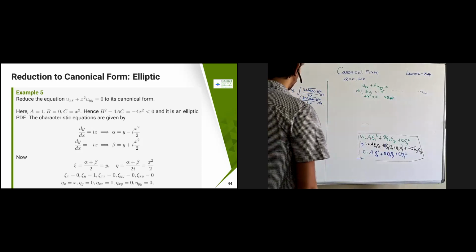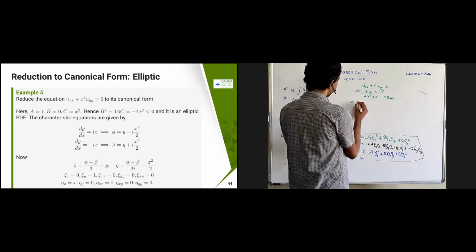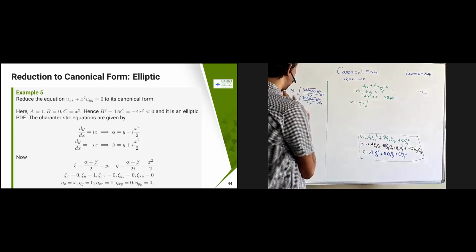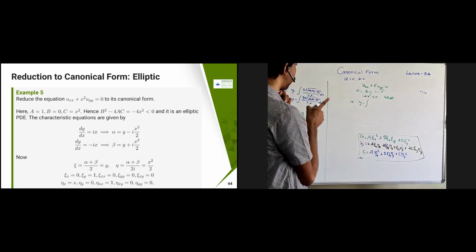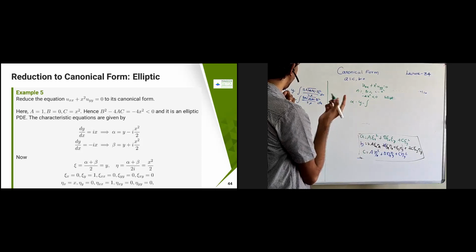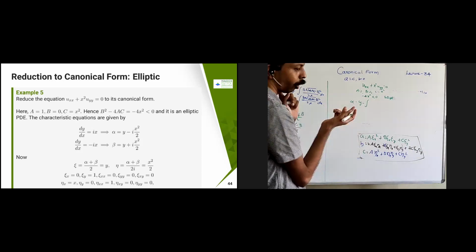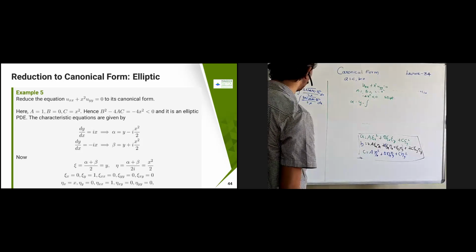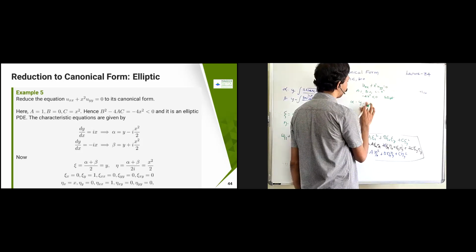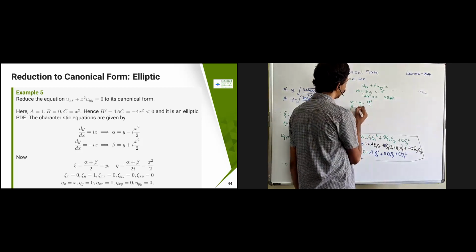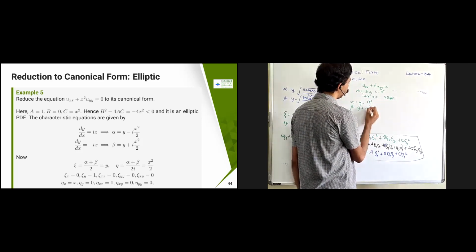So your alpha is going to become y minus the integral. Here b is going to be 0, so 4ac minus b squared, with 4ac becoming 4x squared, so the square root gives 2ix. Okay, so x by x is going to be there, therefore you are going to get ix squared by 2. We are going to get ix squared by 2, and beta is going to become y plus ix squared by 2.